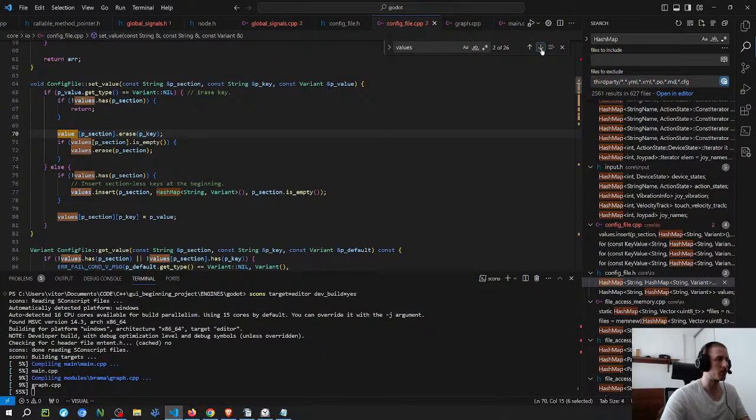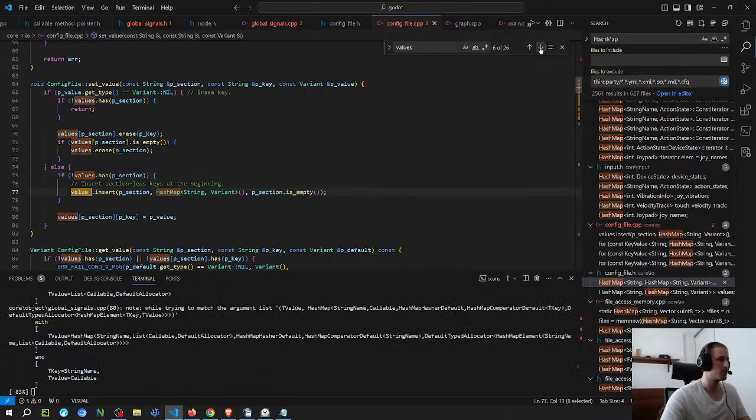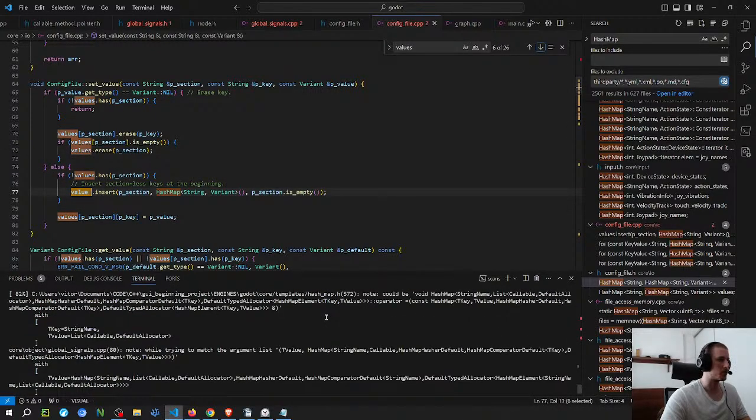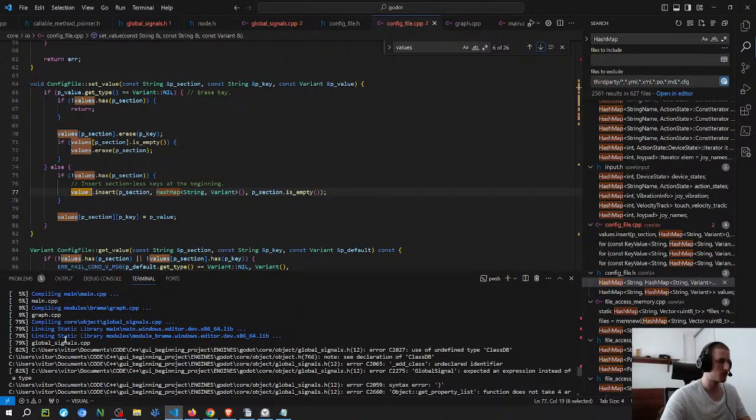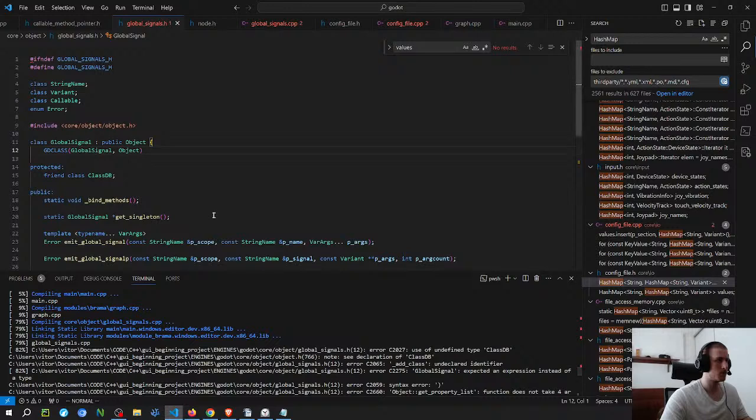I guess I can look for other examples to see if there are other places where it does the same thing. This is basically the same. So this, oh, it's because I probably have to declare it here.